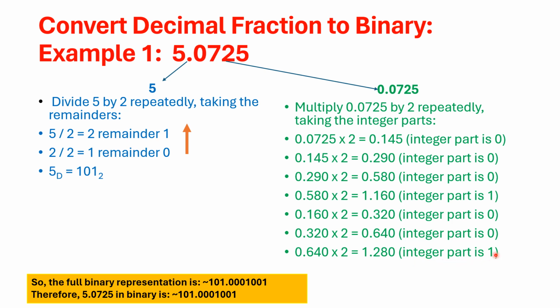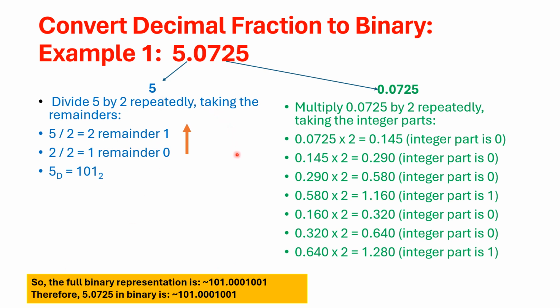Now we have performed 7 significant bits. Obviously, it will continue after 10, 11, 12, 13, 14, any number of bits, and we will get the exact conversion of 0.0725. 7 or 8 bits are significant to represent in our exam. So we just write that